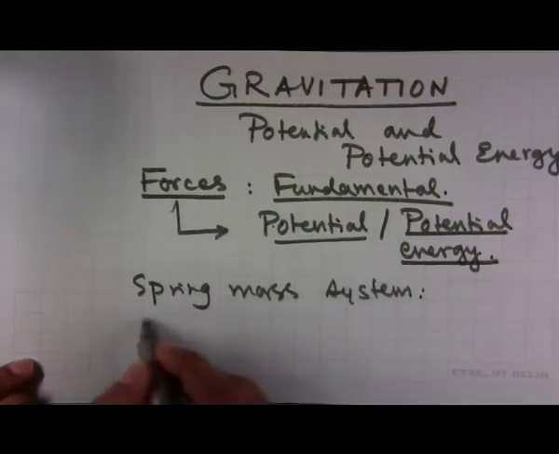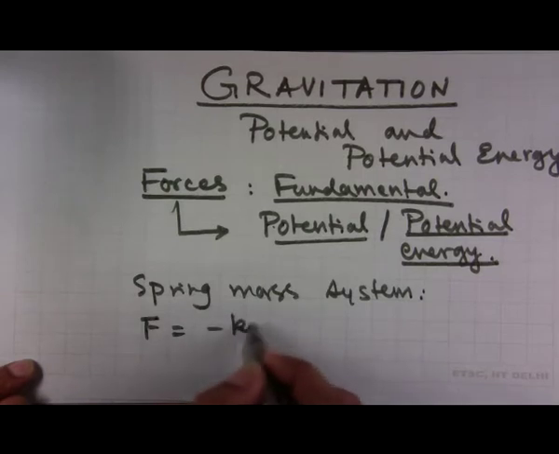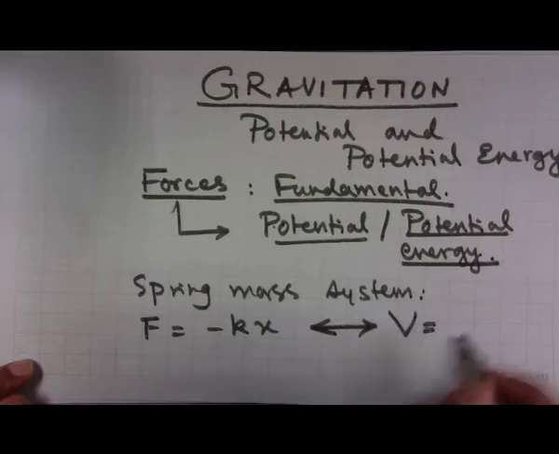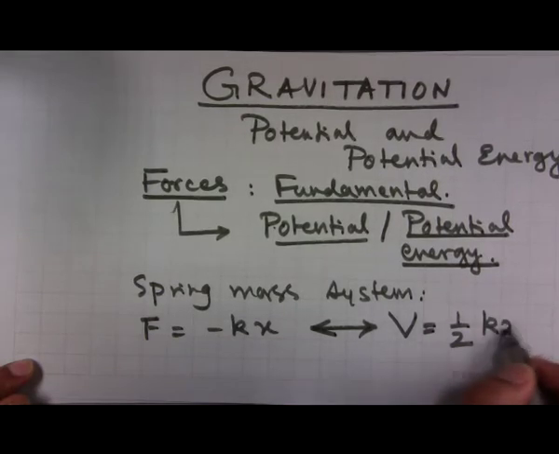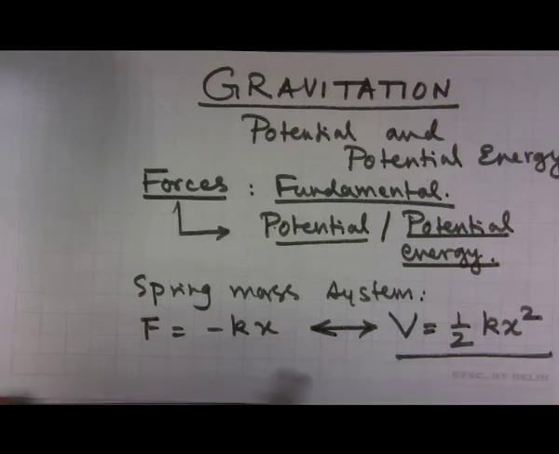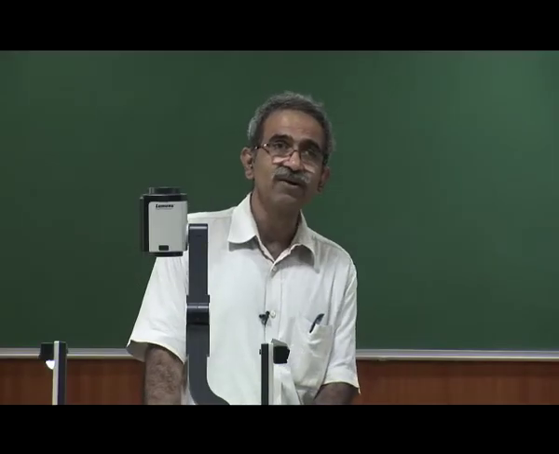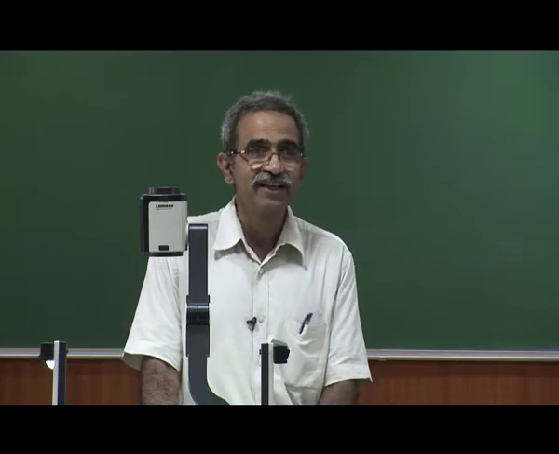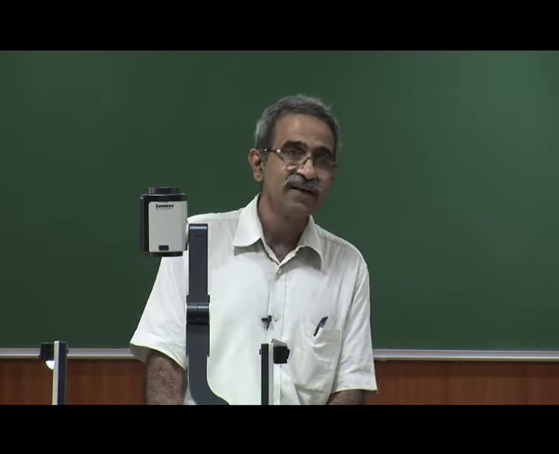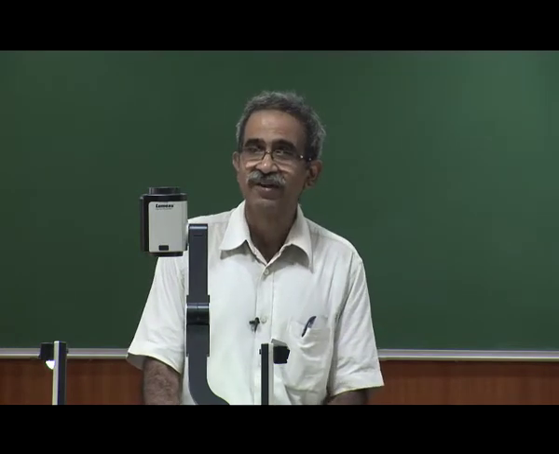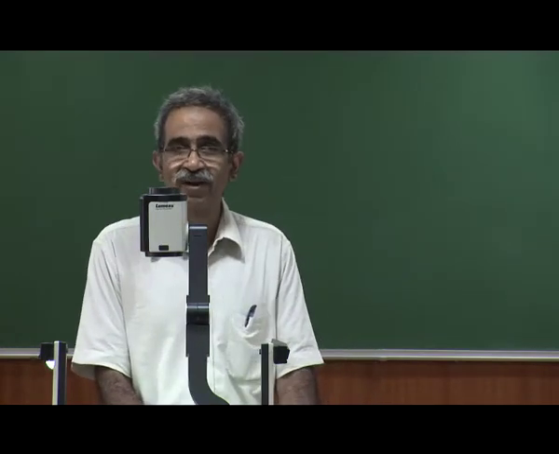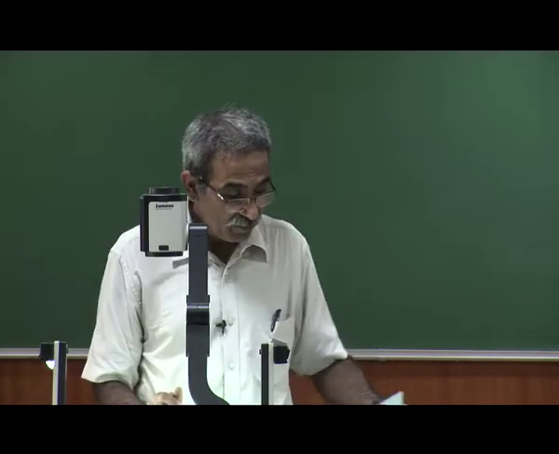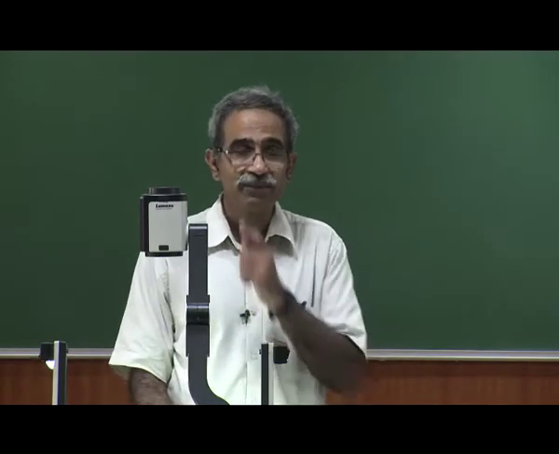So I said that the force F equal to minus kx in a way implies a potential energy equal to half kx squared. If I remember correctly, what I did was to write the total energy, the kinetic energy plus the potential energy. I demanded that that quantity should be a constant. Kinetic energy plus potential energy should be a constant. And we have obtained the equation of motion. So let us repeat that.